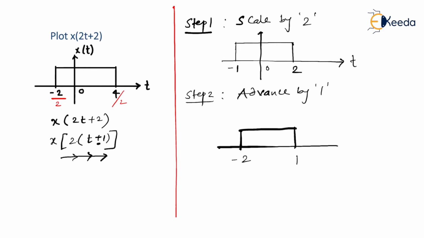And let me tell you, this amplitude, let's say it is 1, then throughout it is going to remain 1, because so far we have not started with any y-axis operation. So it is not going to affect the amplitude, right? So this is how we are supposed to solve. Remember, the resulting signal is what is asked, which is x of 2t plus 2. So let's solve the next problem.